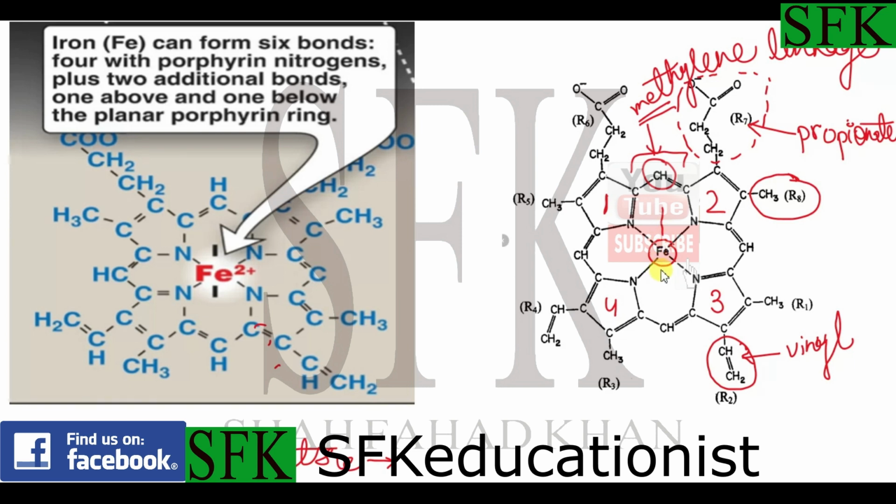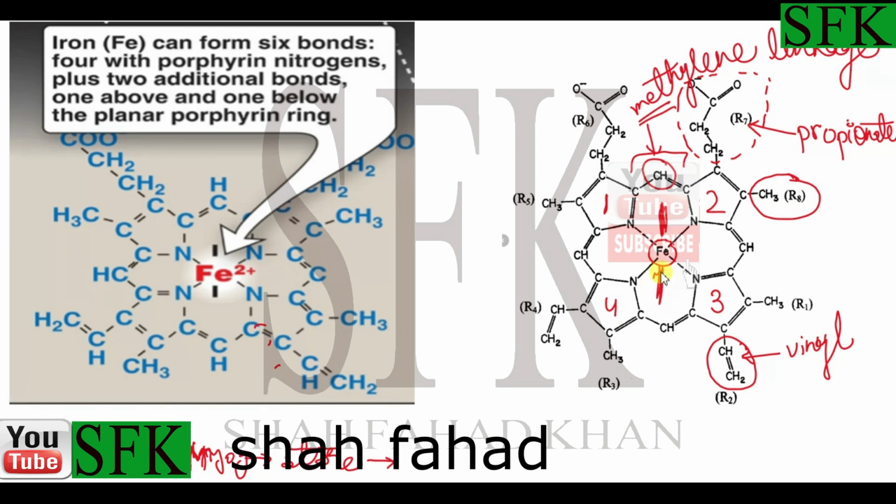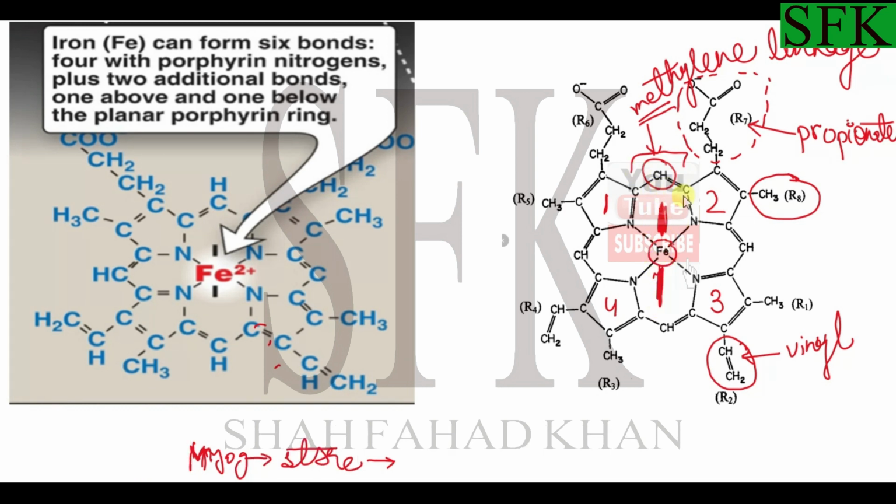So two of the bonds, perpendicular to this ring, are free, one above and one below the ring. One of these free bonds is then used to bind the molecular oxygen that it has to transport in hemoglobin, or store in myoglobin,